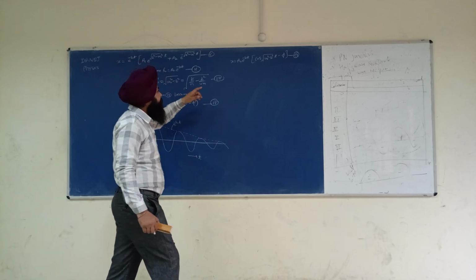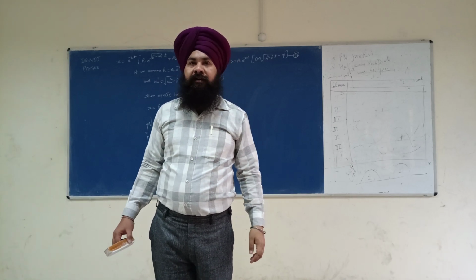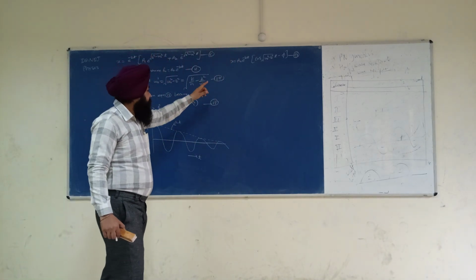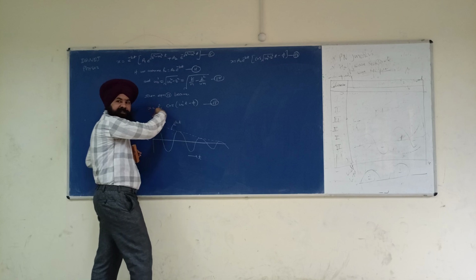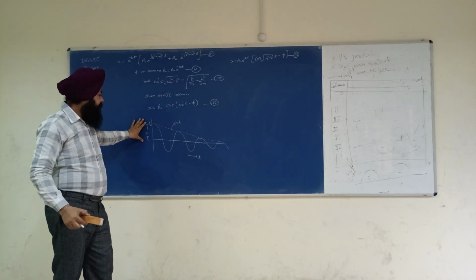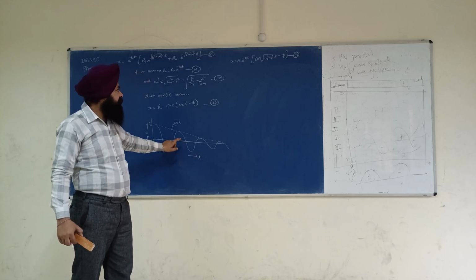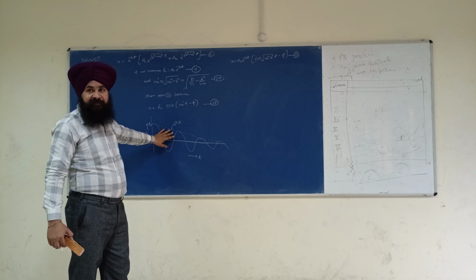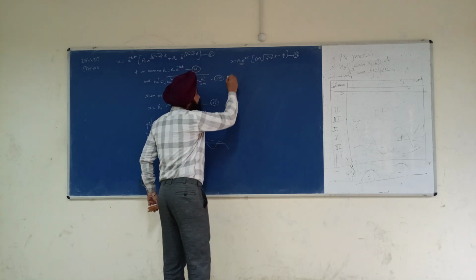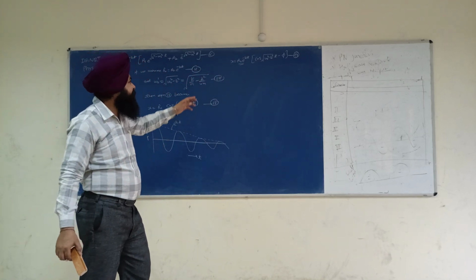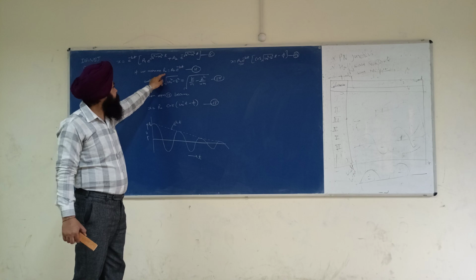Let us assume that e raised to power minus bt is the exponential factor. The exponential factor makes the graph show exponential behavior. This is the graph of displacement versus time. But before we discuss this, we first have to understand how we plot this graph. Let us put a new constant called R naught, where R naught is equal to A naught into e raised to power minus bt.